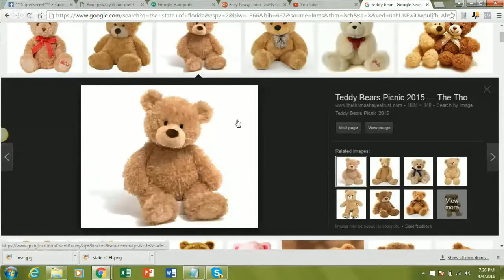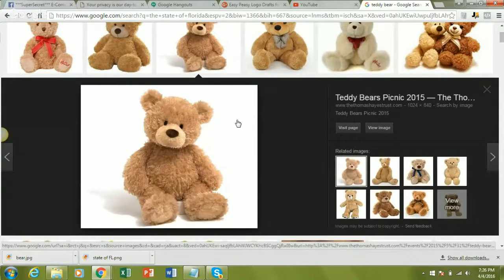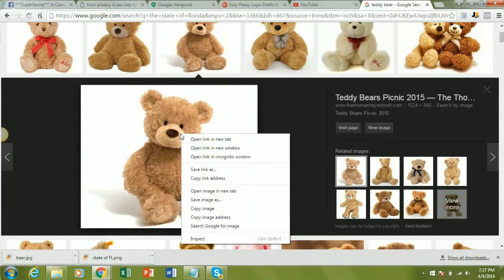Okay, so what you do is go ahead and find the item that you're looking for. It could be a real life item. So Bryson's Bears, it's a teddy bear company. Definitely making this up, and we're looking up teddy bear. So here's a cute little teddy bear, and I've simply right clicked, save image as, and I've saved it. Then I'm going to go to